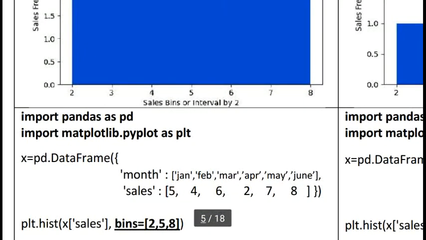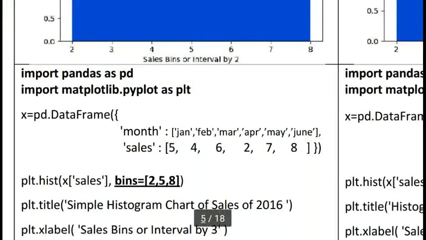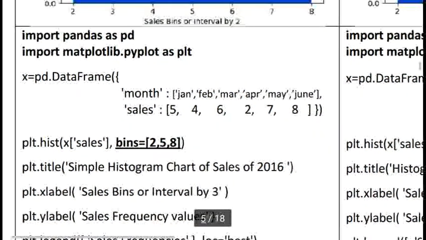So here I am using import pandas as pd, and import matplotlib.pyplot as plt. First we convert into a data frame, we already know that. Then we can use the hist function. We must use the hist function. Here the hist function is important. For a bar chart we use bar, for a line chart we use line, for a histogram we use hist, because in a histogram we need a numerical column only.